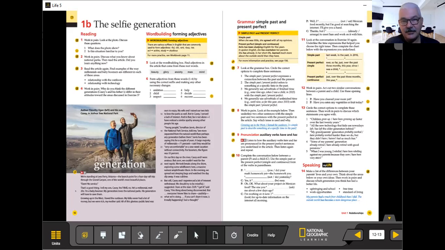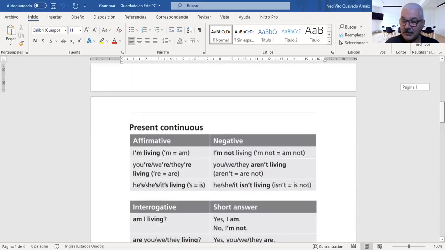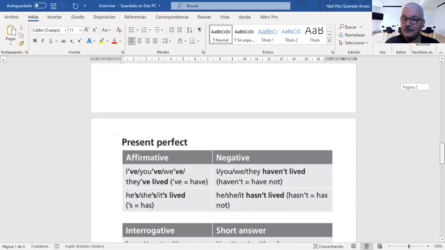In this case, it's just a document with the most important points about the present in English. I'm going to show you the differences between the simple present, present continuous, and the present